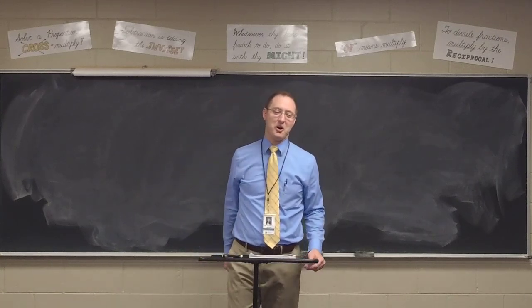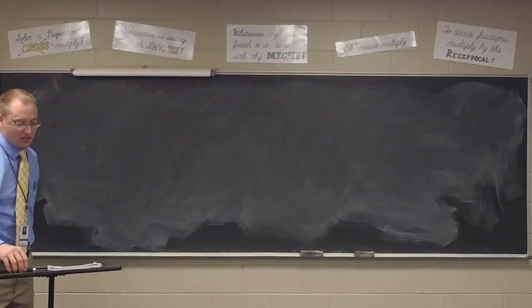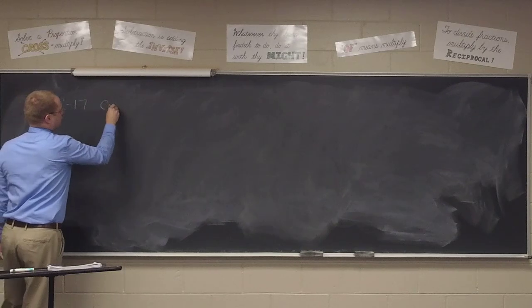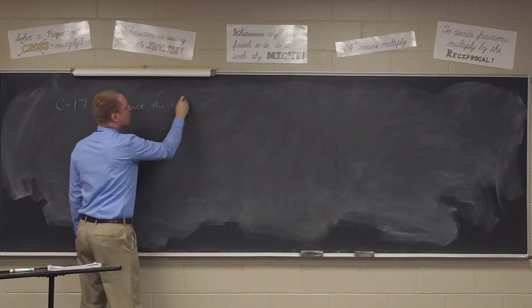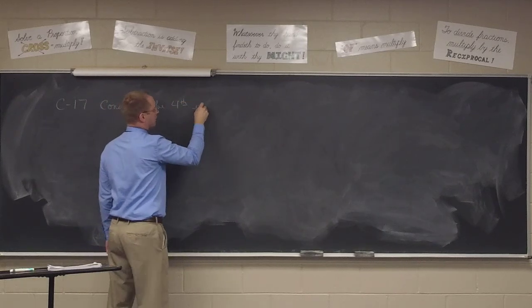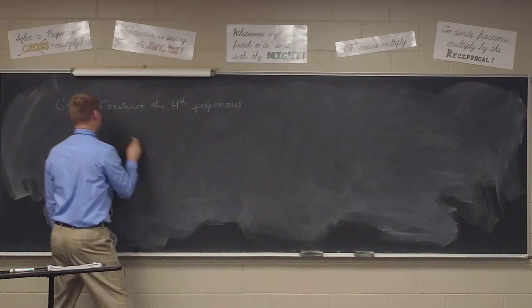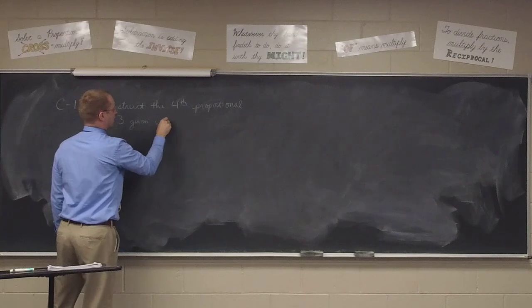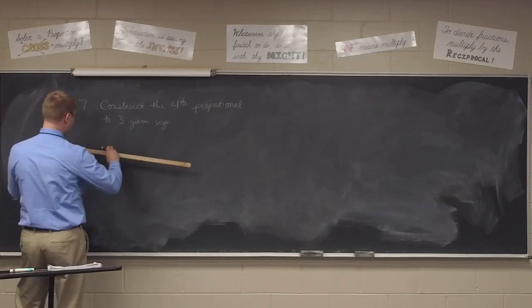Construction 17 in your notebooks. So construction section of your notebooks, construction number 17. I'm going to teach you how to construct the fourth proportional. Construct the fourth proportional to three given segments. Once you have that down, right below it, if you would, go ahead and draw three lines of varying